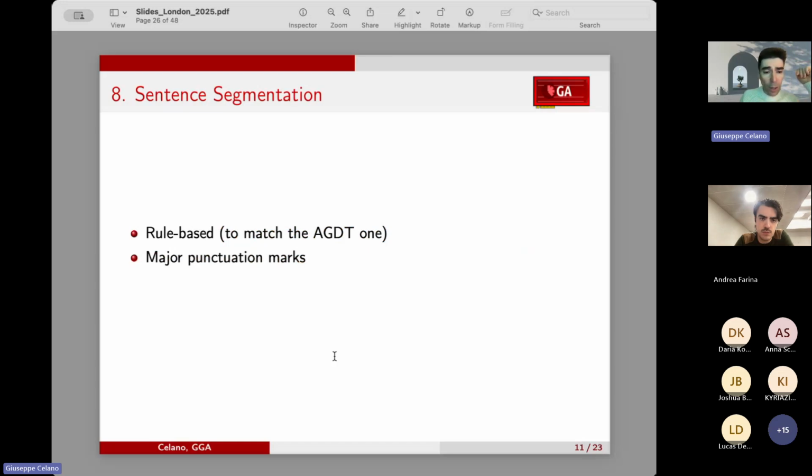Here again I have a rule-based algorithm. Sentence segmentation is arguably easier, but again, there are issues because, as I said, if a footnote in the original text is not encoded correctly, then you usually have in footnotes